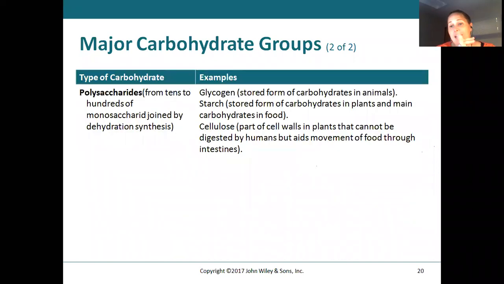Polysaccharides, meaning maybe not just a single or a double ring structure, but these are huge chains of ring structures. Poly meaning just multiples. Glycogen, which is formed in the carbohydrates of animals, starches, and cellulose. Starches we eat and consume, something that we consume, and this is a high energy source. Those bonds that the carbon structures have are going to be a source of energy for us. And then cellulose is in plants and cannot be digested in humans, just because of the bonds that are created between those ring structures, our body doesn't make enzymes to break those bonds down, and so because of it, we're unable